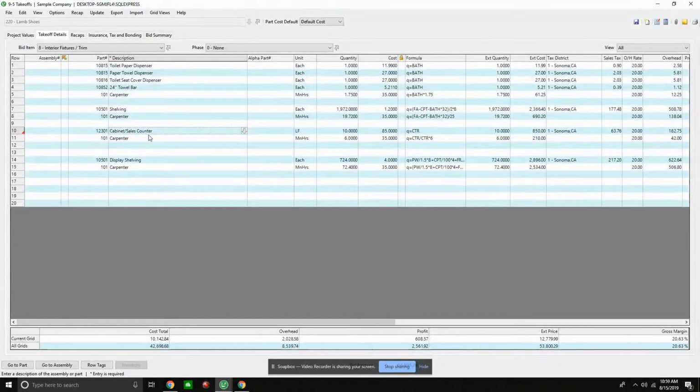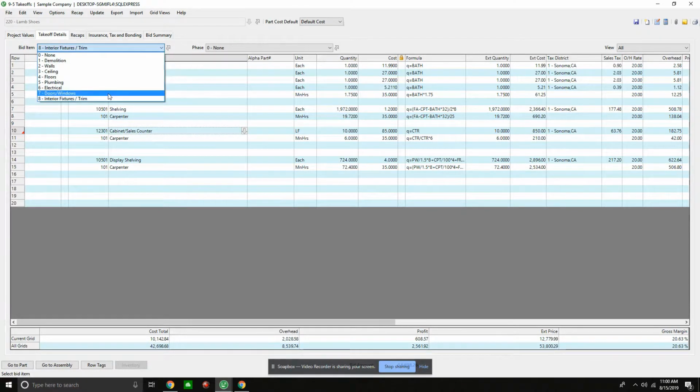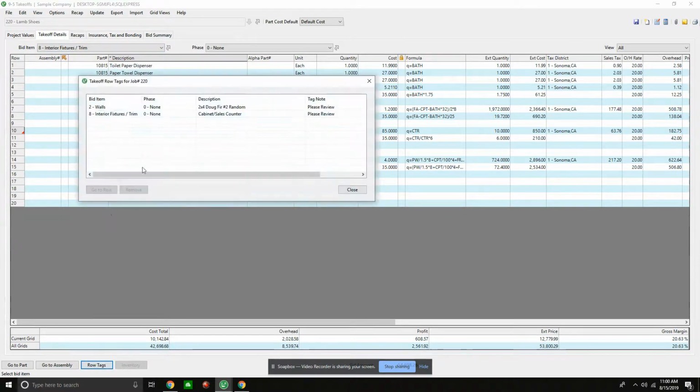So what this does is I'm not jumping all over the solution trying to find different pieces of the estimate that I need to review. It especially works well with vendor pricing. Like I said earlier, if I'm waiting on prices, I might have multiple bid items out here, a lot of complexity, and I don't have time to go back and find where this was. I just set up my row tags. Then when I open up my estimate, I know I have things that I can review, and I can start knocking these off my row tags and remove them.